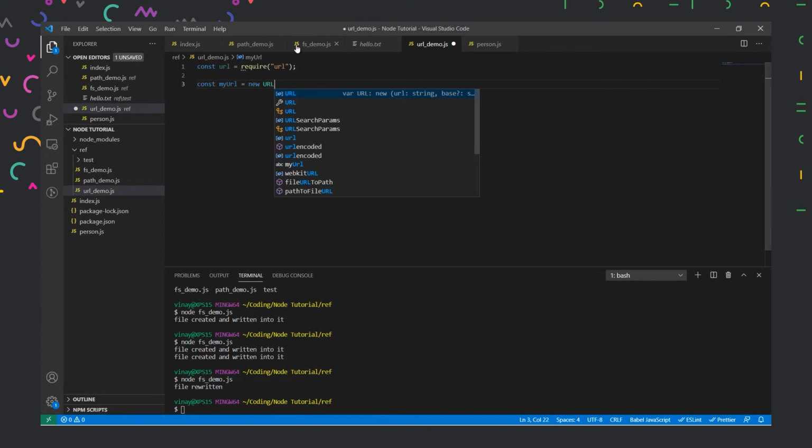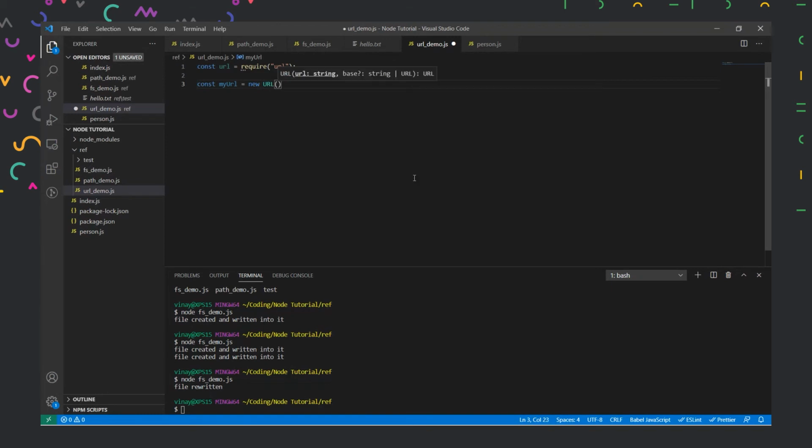If you notice, this is coming in green color now. That means it is a predefined object in our Node.js module. And then I could just type http, at my website dot com slash hello.html. Along with it, I'll pass some parameters as well.